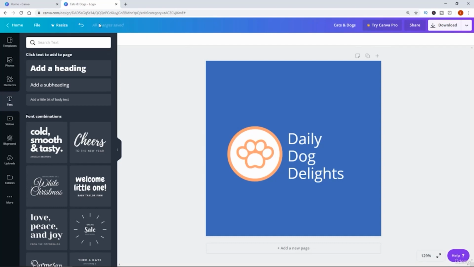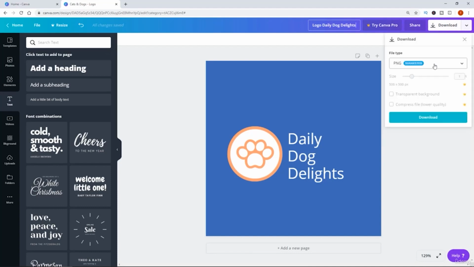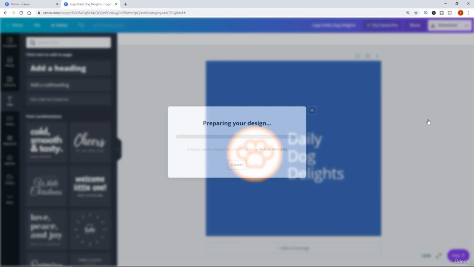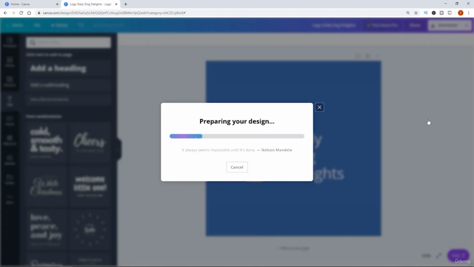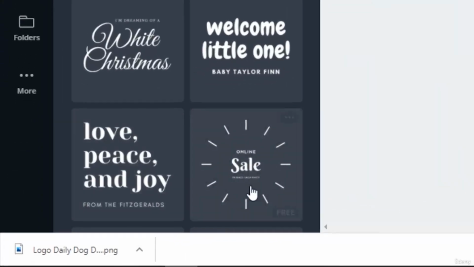Now you can see here that all changes are saved automatically in the cloud. So all I need to do is to name it. So I could name this logo Daily Dog Delights, and then simply download it. So if I click on download, I can choose to save it as a PNG or a JPEG. A PNG is absolutely fine, and then just click on download, and that's going to be transported down onto my PC. And there we have the file down the bottom left hand corner,